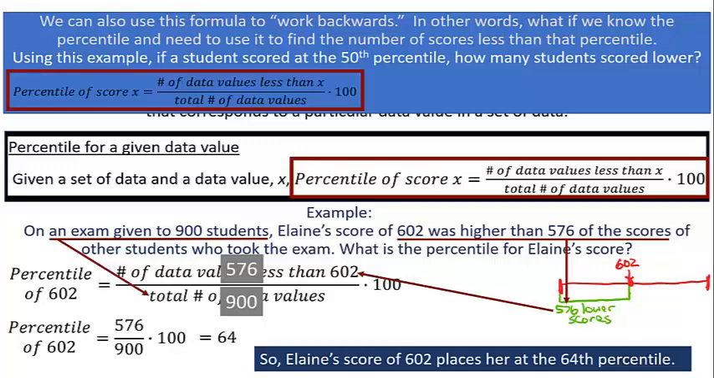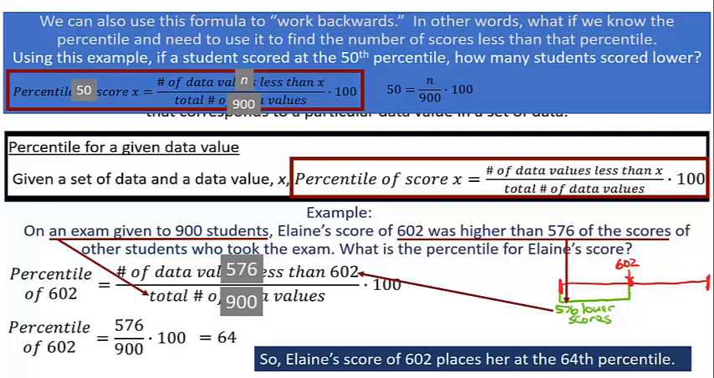Well, again, your formula, we're looking for the 50th percentile, so we plug 50 in on the left. We're looking for the number of data values less than x, we'll call that whatever variable you want to use. I chose n here. And then again, there are 900 total data values, so 900 is in the denominator. And if you write that out as an equation, you get 50 is equal to n divided by 900 in